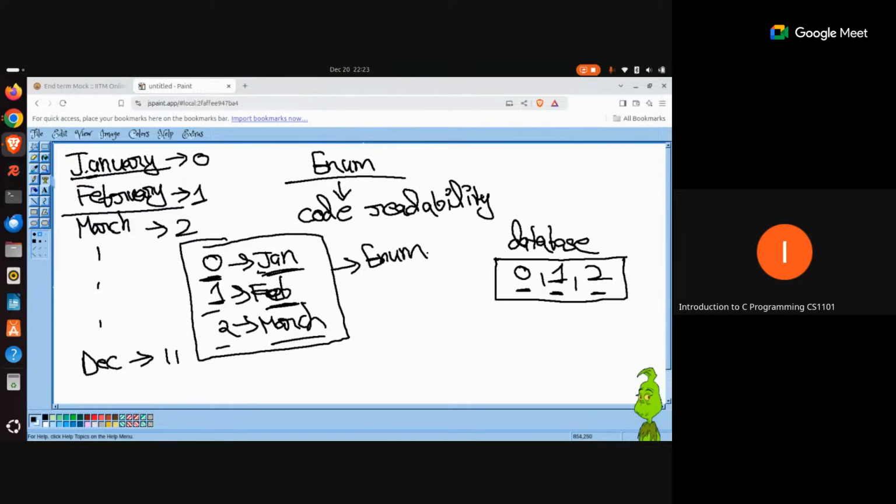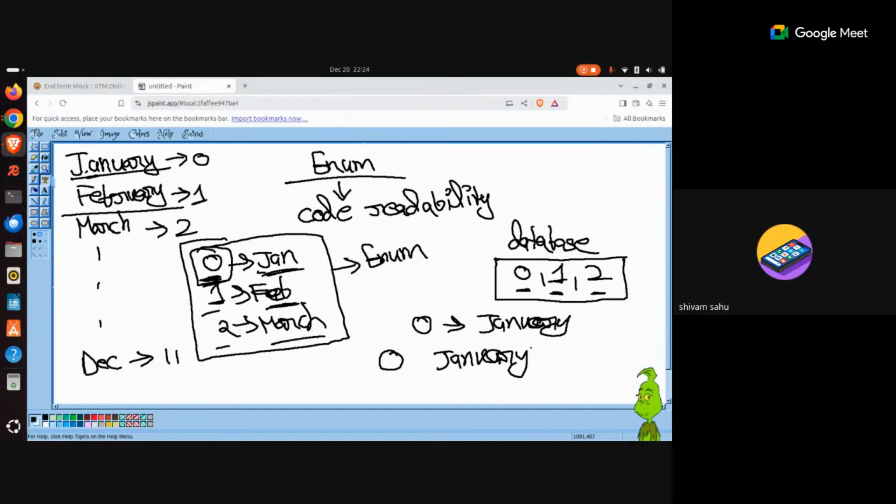This actually is known as an enum. Because now, when you are going to be using this value 0 in code, you know that 0 can be represented as the value January. Now, I have a very simple question for you. When you are processing this value 0 in your business, in your system, or let's say you are writing a C program itself, and you want to process this value 0, would you prefer to write the value 0, or would you prefer to write the value January in your code? What would you prefer more?